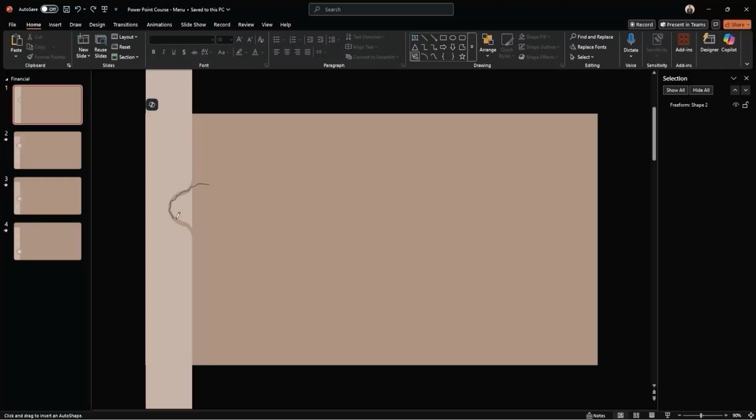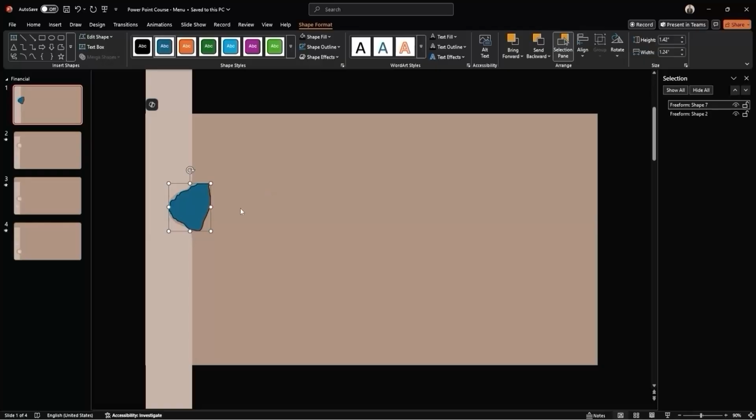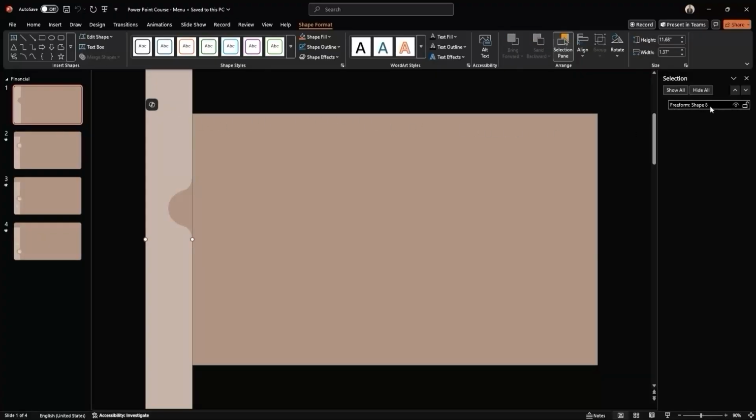You can trace just along the edge of the subtract cut and close the shape by looping back to your starting point. Once the shape is drawn, select both objects in the selection pane. Go to the Shape Format tab, click Merge Shapes, and this time, again, choose Subtract. You should now have a perfectly clean cutout inside the menu, just the way we need it for our active icon. You can now go ahead and rename the cutout object to Menu for clarity.